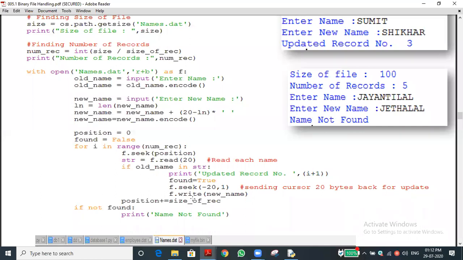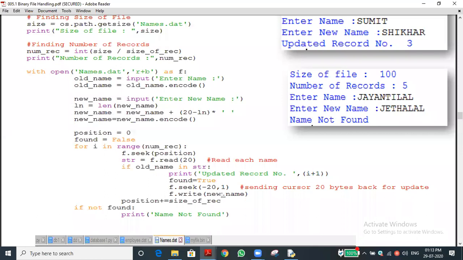We cannot give minus 20 comma 0. 0 means the current position; we may not pass the 0 also. 1 means we are asking to move the pointer in the reverse side. Have you understood? Then why minus 20? I will tell that. For example, where is the pointer now? It is 40, no?